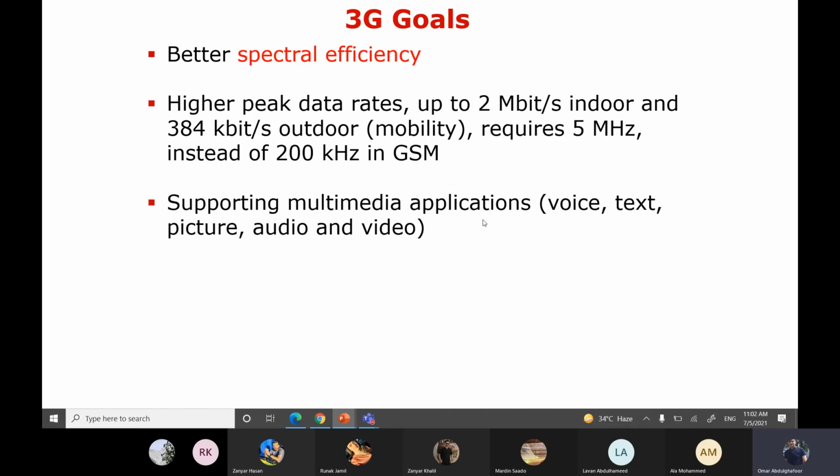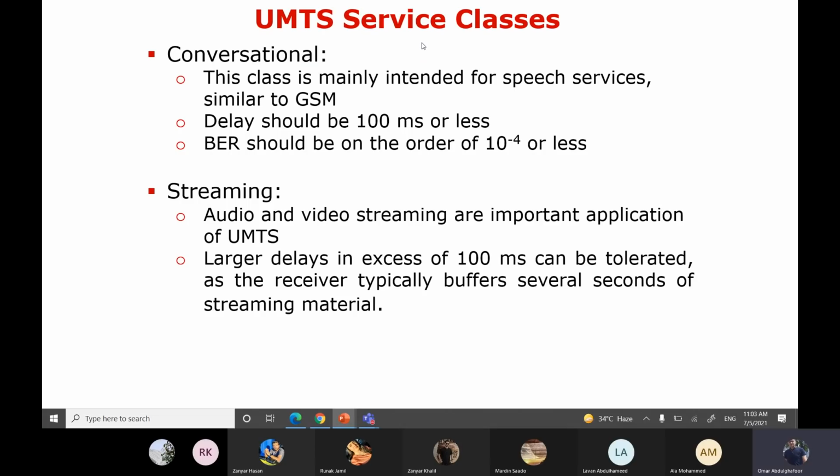And supporting multimedia applications, voice, text, and picture, audio, and video. So compared to second generation, it would be much better. All right, so this one actually is the quality of